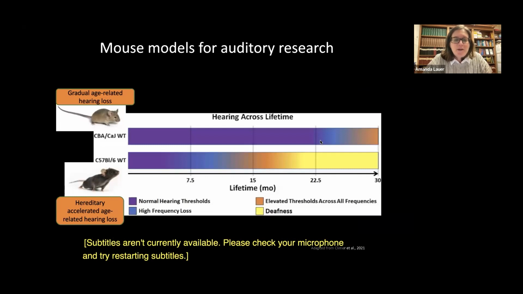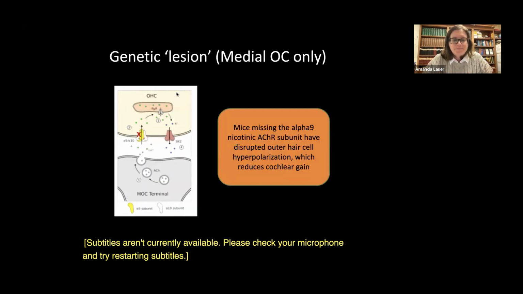All right, so we primarily use animal models to get at what this system is doing. And we like using mouse models because they're convenient and because they age in a pretty short time frame. 3 years is old for a mouse. And we can use different models that have a slow time course of age-related hearing loss development, or a short time course. We can use genetic mutants as well.